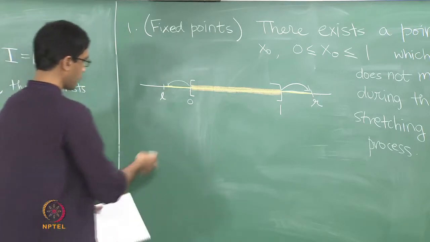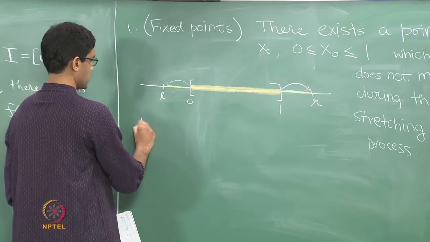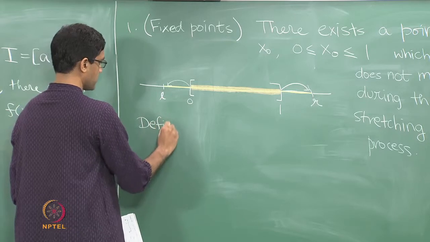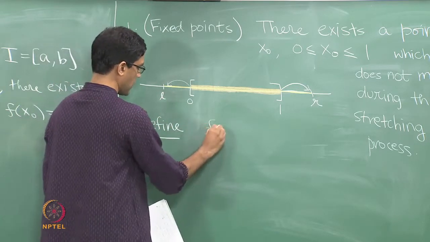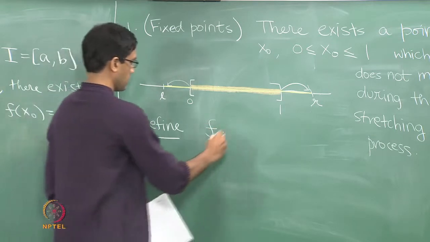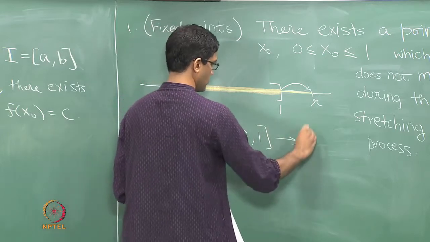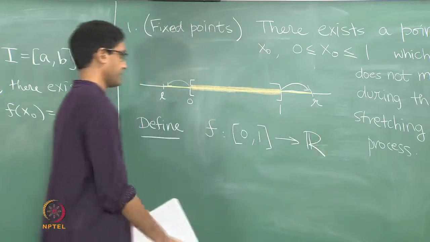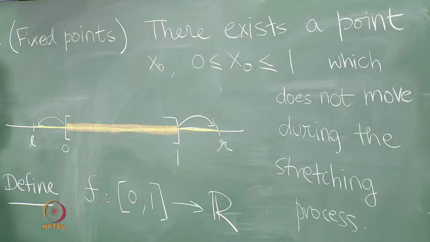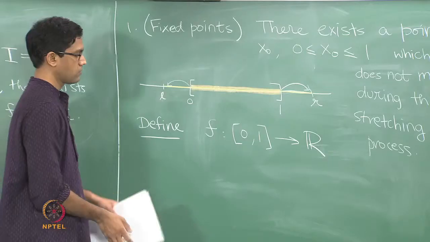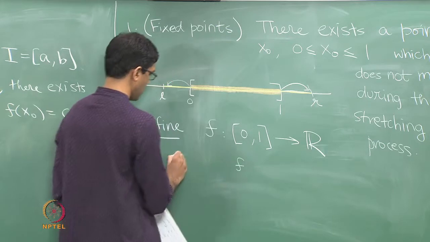Okay. So let's try and prove this. It's a nice application that gives us an idea of what the intermediate value theorem really does. So of course in order to connect this up with the intermediate value theorem, you need a function. So let's do the following. Let's define a function f from the interval 0 1 to the real numbers. Okay. And what's my definition? So 0 1, remember, is like your rubber band. So I will define the function as follows.